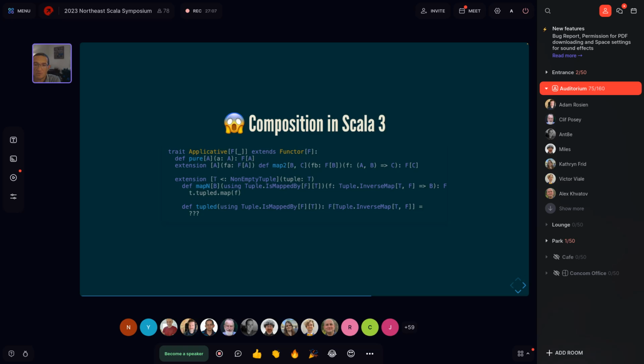I'm not going to get into all of the details here, but we're using a few key ideas. We're using the fact that we can abstract over the arity of tuples. We can do what Shapeless did with HLists, but now with tuples from a type-level perspective. Again, the types here are not particularly important for today's talk. The idea is that both mapN and tupled can be implemented in a sound way and give us the types we expect, without generating boilerplate for every possible arity.